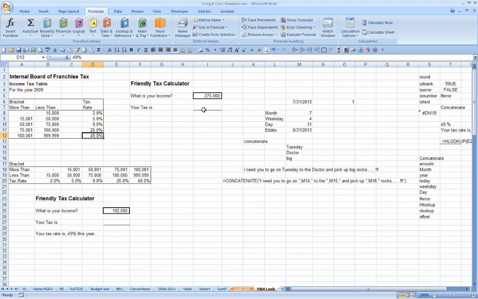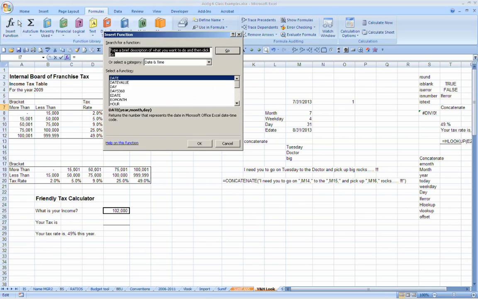So I've created this little table. And over here I've created a little input area and a spot where it's going to calculate what my tax is. Now we could do this based on lots of ifs, but that's too hard. We've got a table over here and I intend to use it. There's a function that will look down this first column until it comes to the closest number to this without going over, or the exact number if it just happens to be, and will come out and pull out the tax rate for me. Now this function, I'm gonna use the function wizard, is Vlookup